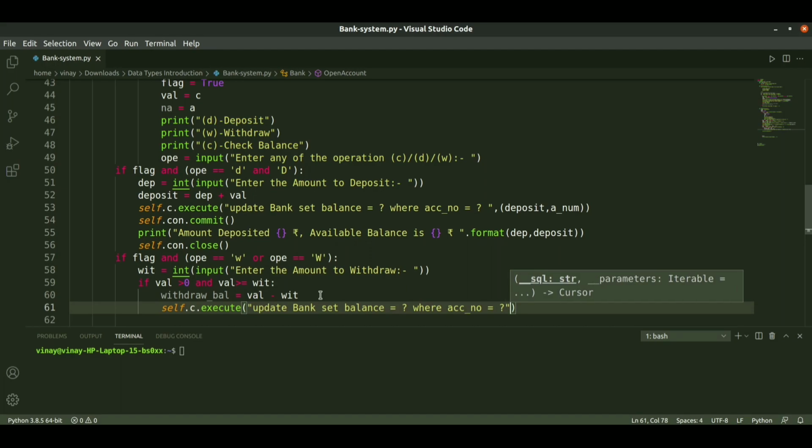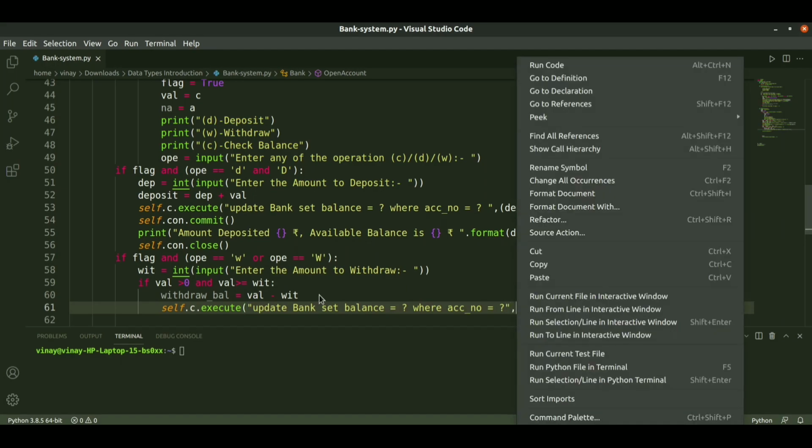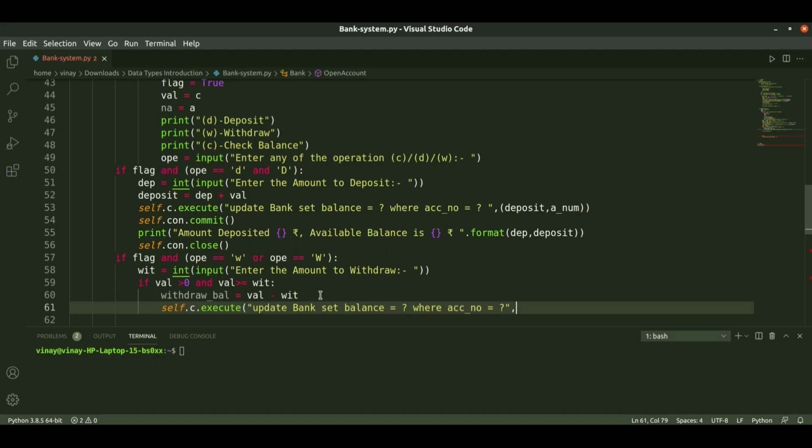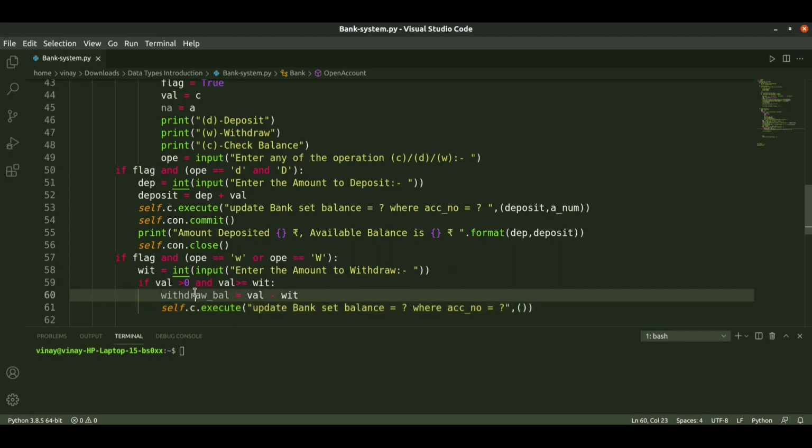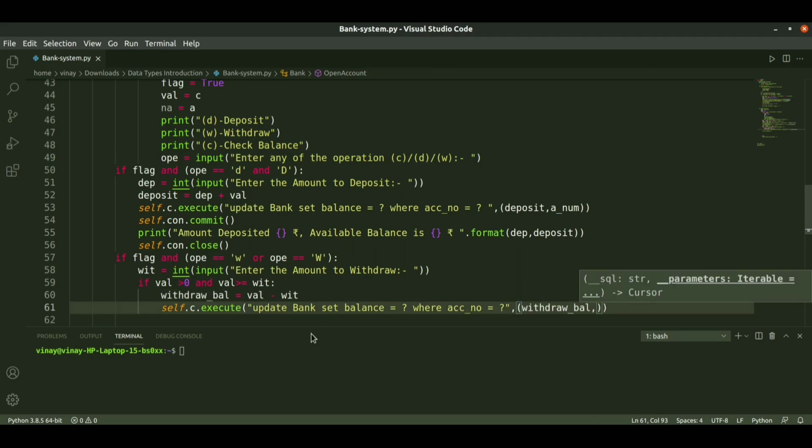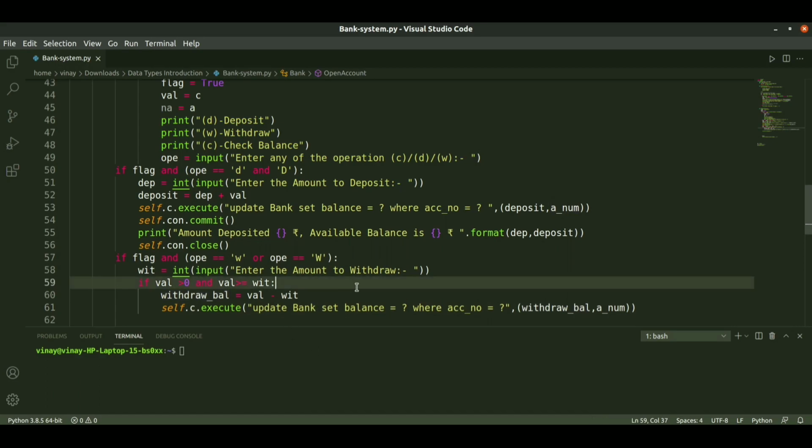So it is all the same as the previous deposit, and we need to pass parameters: we need to pass the balance as the withdraw balance, that is what balance is remaining, and set the account number reference as the same. So according to this account number reference, the balance will be updated after withdraw.